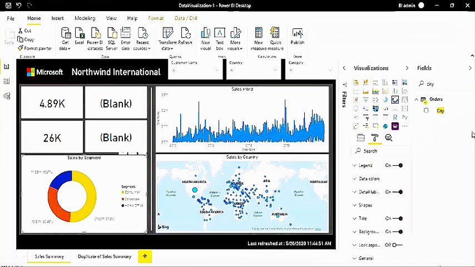Okay, I see another question here: please explain stacked column bar chart, completed percentage, and set value. So what does completed percentage mean? Is it something like you want me to create a measure for it, any calculation, or what?